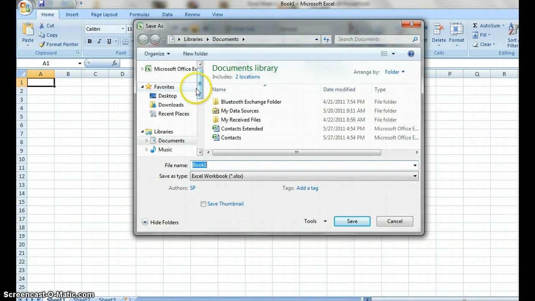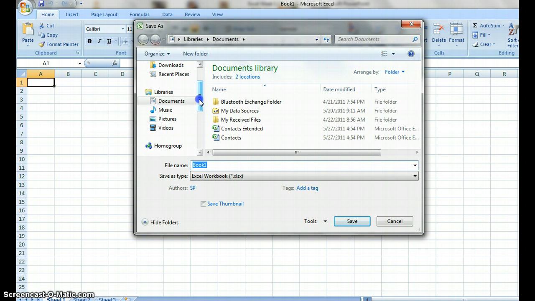So you will notice a new window will open up, and by default, or rather automatically, it will go towards your documents. I don't want you to save it in your documents. If you have an external hard drive or a thumb drive or a flash drive, you're welcome to save on that, because then you can plug it into any computer anywhere and restart your work. Or if you prefer to save it on your D drive on your computer, please don't save on the C drive, because you know that's the part of the computer that hackers love to get in. So go into your D drive